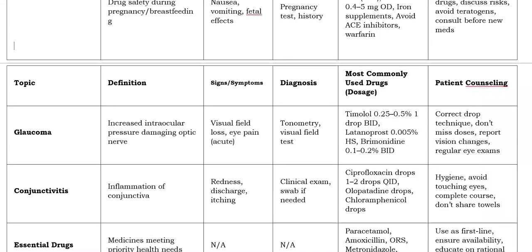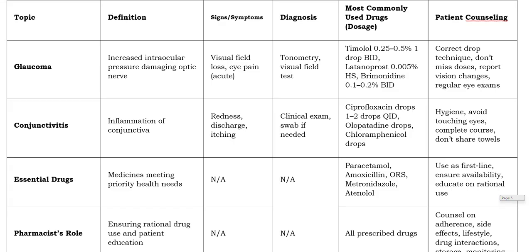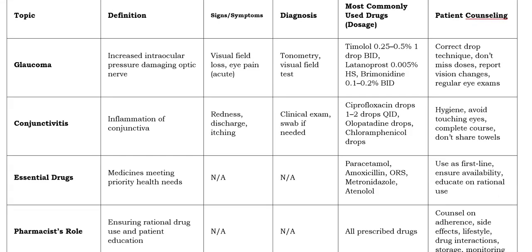Another eye condition, conjunctivitis, pink eye, inflammation of the conjunctiva. Symptoms listed. Classic symptoms: redness, a discharge that can vary, watery or thick, and itching or irritation. Diagnosis is usually clinical exam, maybe a swab if bacterial infection is suspected. Common treatments listed. Depends on